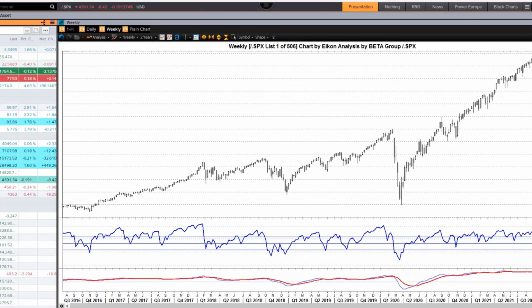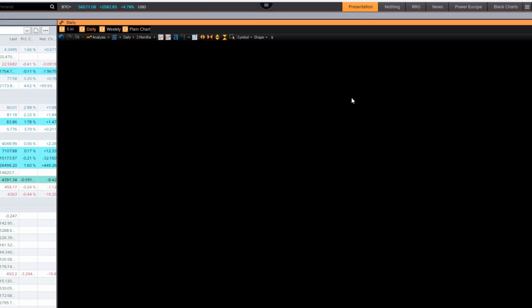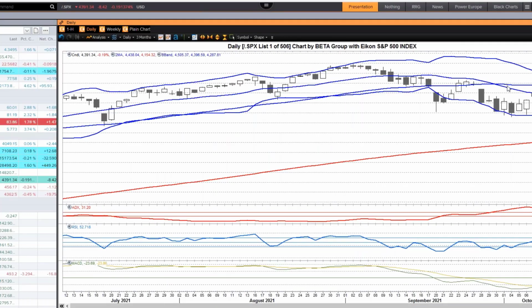Here's a weekly chart, and when you see this pullback, the seasonal pullback that we've had, it looks quite modest, doesn't it? It's still negative on the MACD. The RSI is still negative as well. But looking at the daily chart, it does look as though it's already bottoming out. And remember, we talked about this extensively previously. We've got this very strong dominant seasonal pattern that is in play